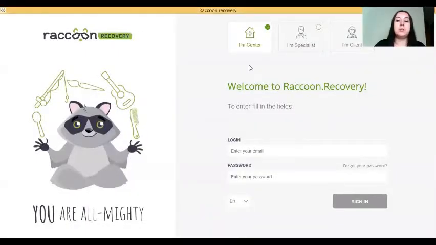The main screen of the application looks like this. On the top, you can see three different types of users, and here is the login form. As long as you have registered the facility account on the website, not a specialist, from the very beginning choose I am a center and enter the login and password